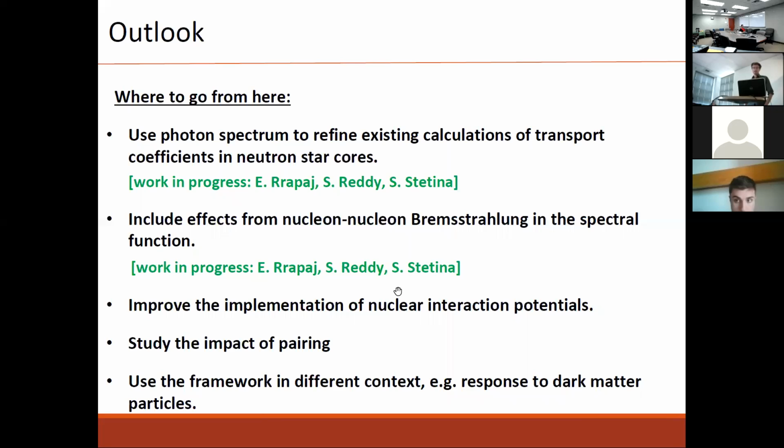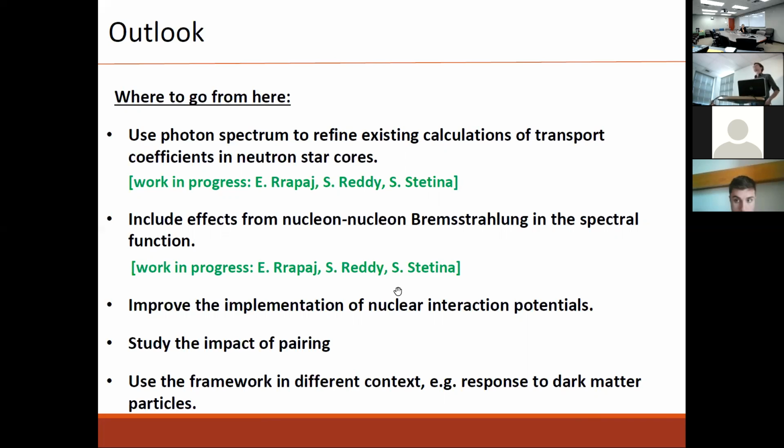One of the weak spots of this analysis is certainly the way nuclear interactions are implemented. It is simply extracted from Landau-Fermi liquid theory. So it would be interesting to see if there is something one can do better, maybe based on relativistic mean field models or other models, whatever is suitable for this region. Then it would also be interesting to study the impact of pairing on this project. And then finally,